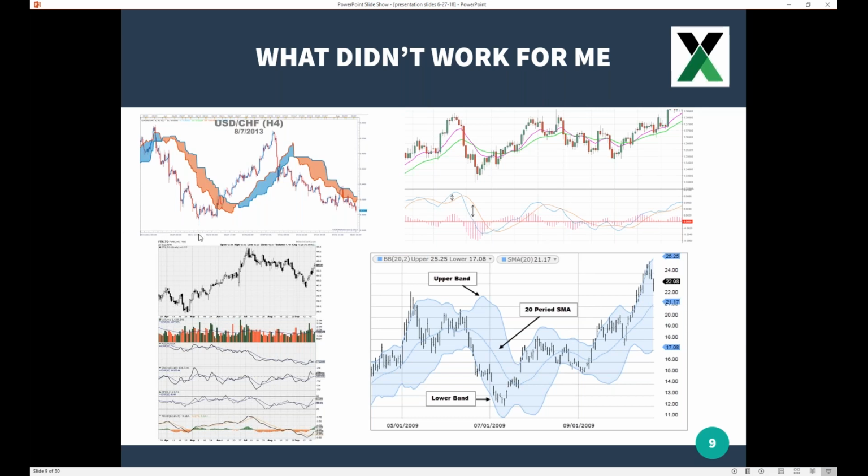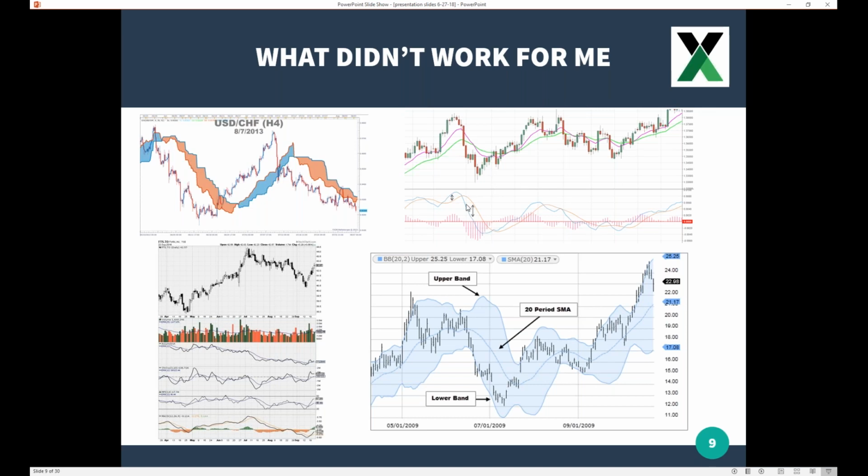And I've tried all the various indicators. None of them really worked for me. Again, keep in mind, I'm very precise, very mechanically oriented. And so something like this, the Ichimoku cloud, is really imprecise in my mind. It's a cloud. I mean, how much more imprecise does that get? It doesn't work for me. Now, some people it's great, and more power to them.